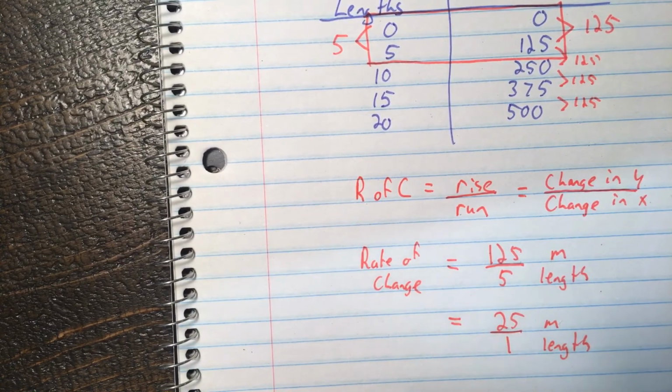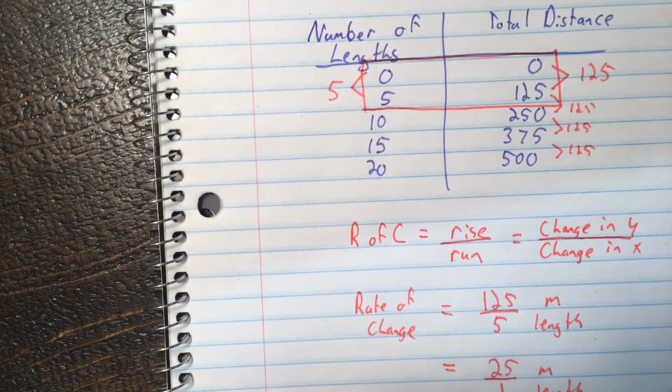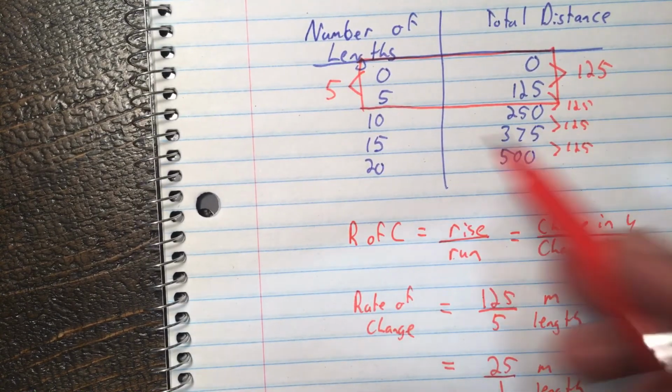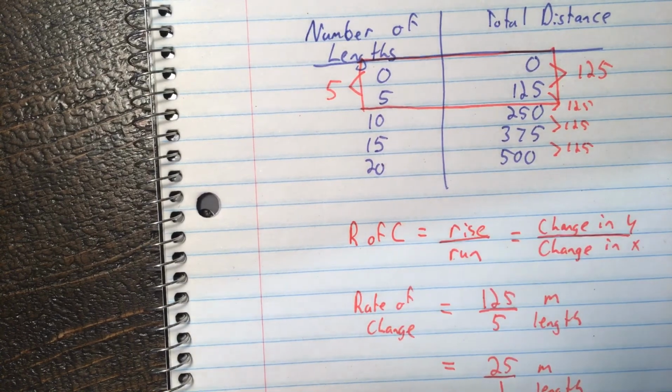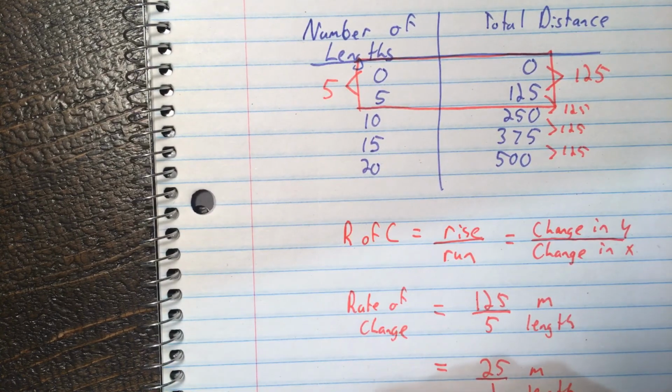And that's how you find your rate of change from a table of values. The change in y's over the change in x's. You only need 2 of the points. Now let's look at